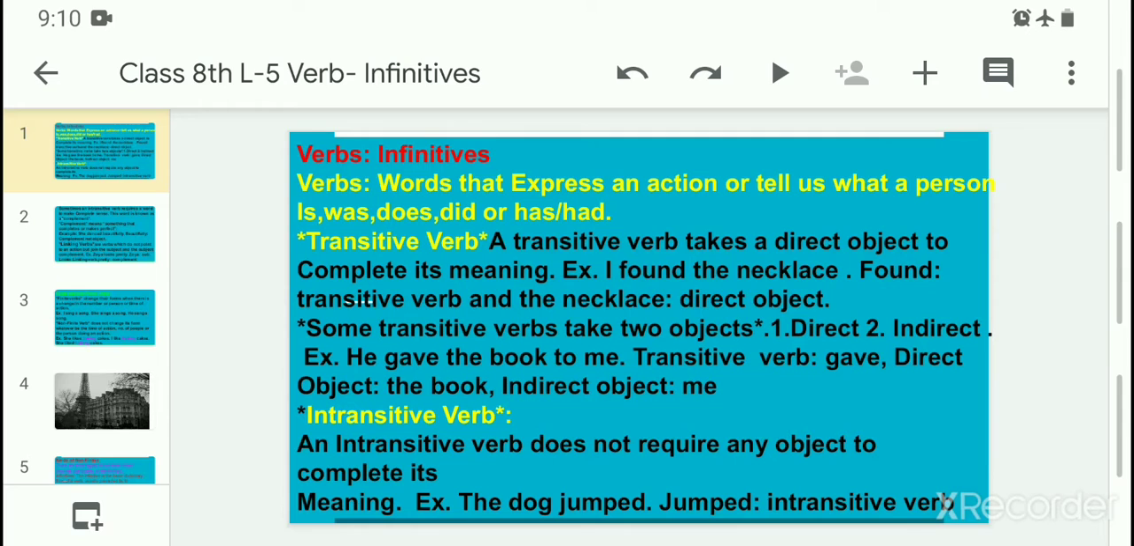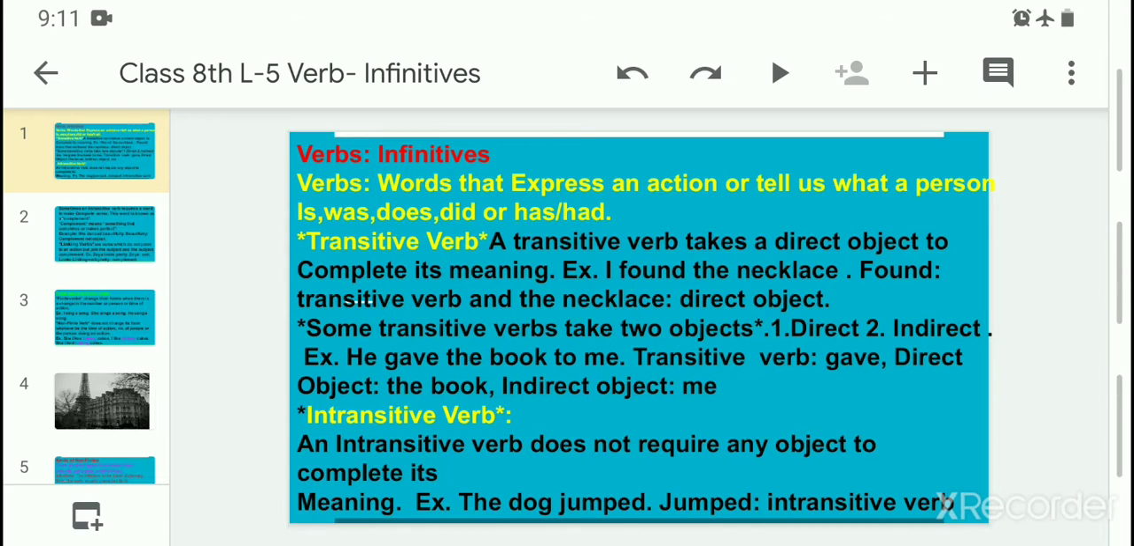And what is indirect object? Indirect object indicates the person who benefits from the action. ठीक है? Who benefits from the action. Indirect object में person और direct object में verb effect होती है. ठीक है? So transitive verb is that verb which carries an object. ठीक है? After the verb, main verb, there is one object, one or two objects, means direct object or two